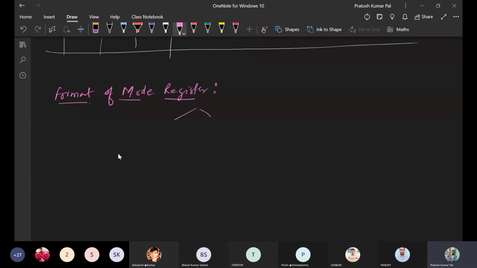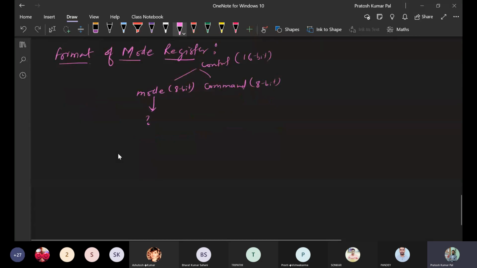The control register is of two types. One is the mode register and one is the command register. The control register is 16-bit, and this is 8-bit, and this is 8-bit. So we are going to see how the values of different bits of this mode register are going to affect the operation of the 8251.